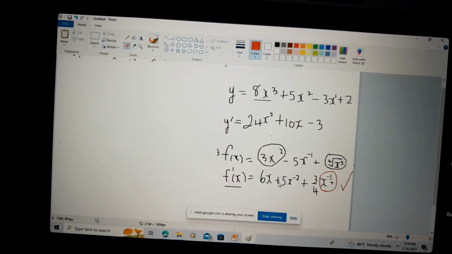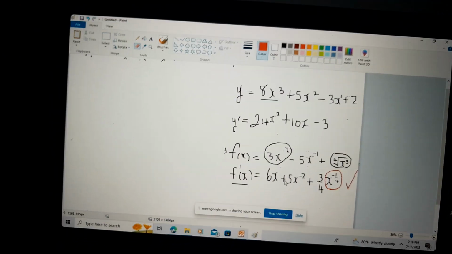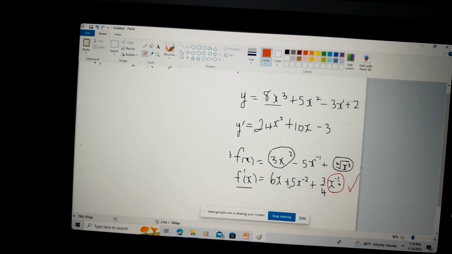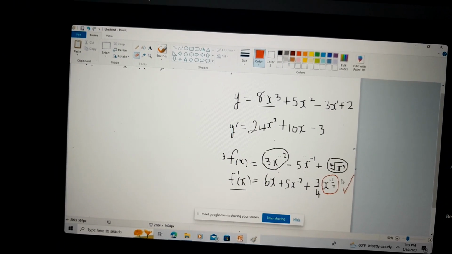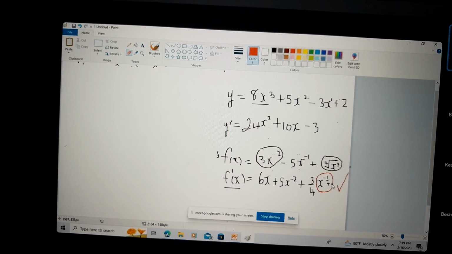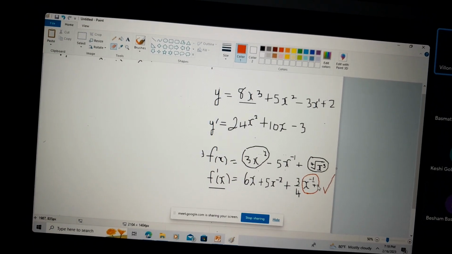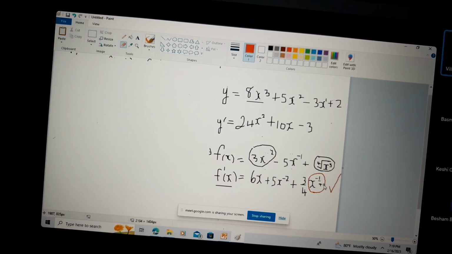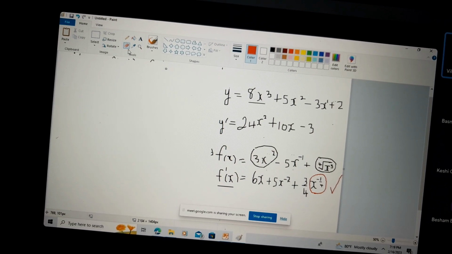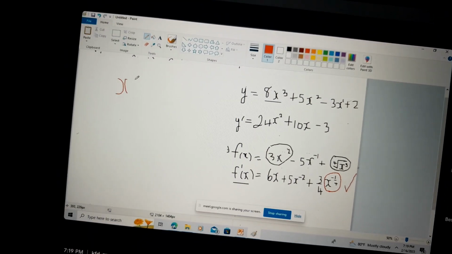Most of the time, the reason why people don't get calculus is because of weak algebra. I'm saying all this to encourage us to ensure that we get some of the basics of algebra. I don't know who taught you algebra. I don't know how it was done, but I want to encourage you, for your own good, to sharpen up your algebra. So we know for the negative index, if I had x to the negative 2 power,